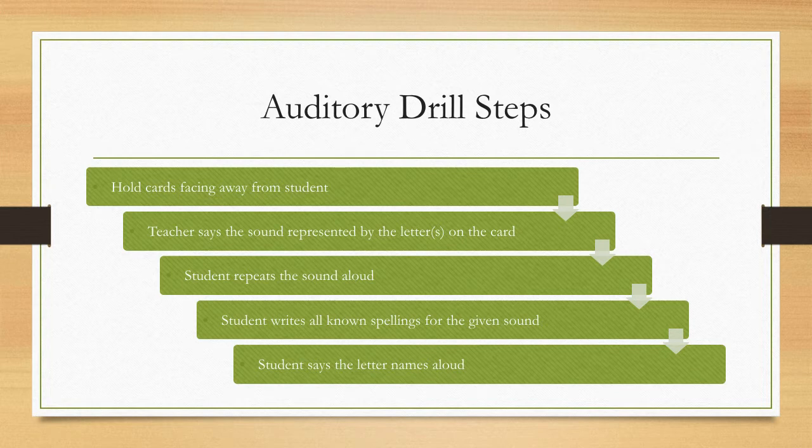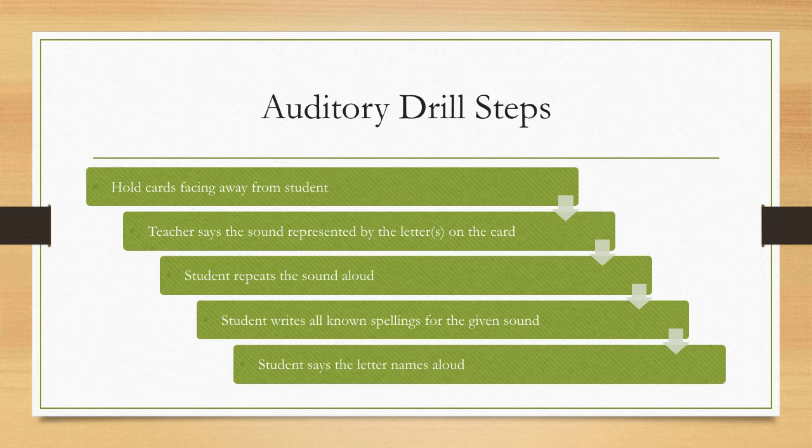Teacher will first hold the student's deck of cards facing away from the student. It is important to be sure that the student cannot see what is written on the front or the back of the cards. The teacher will then say the sound represented by the letter or letters on the card. The student will repeat the sound aloud. The student will then write all of the ways that he or she knows to spell that sound while saying